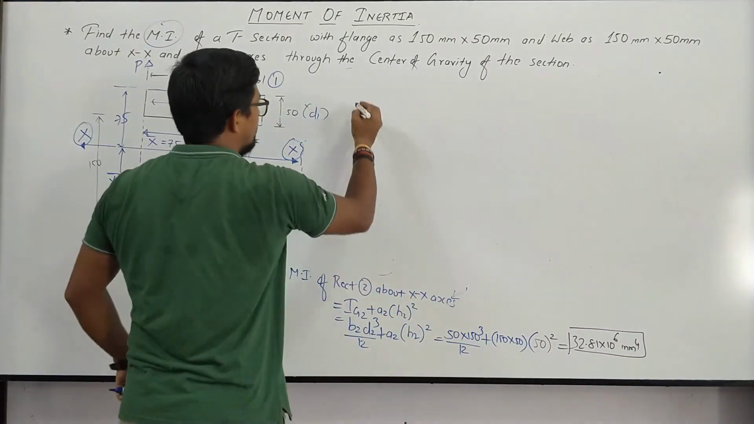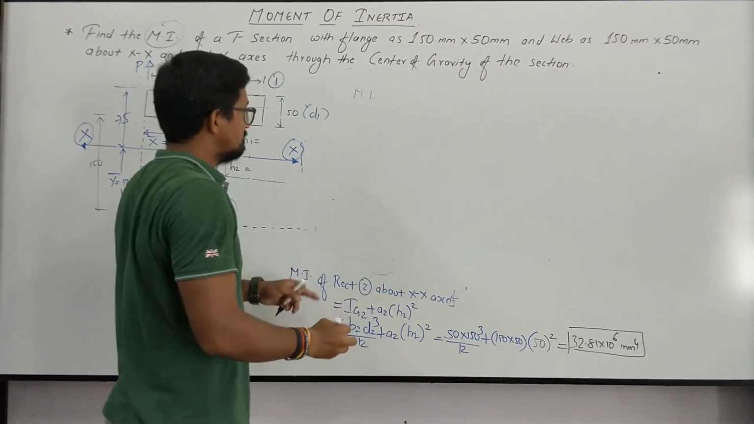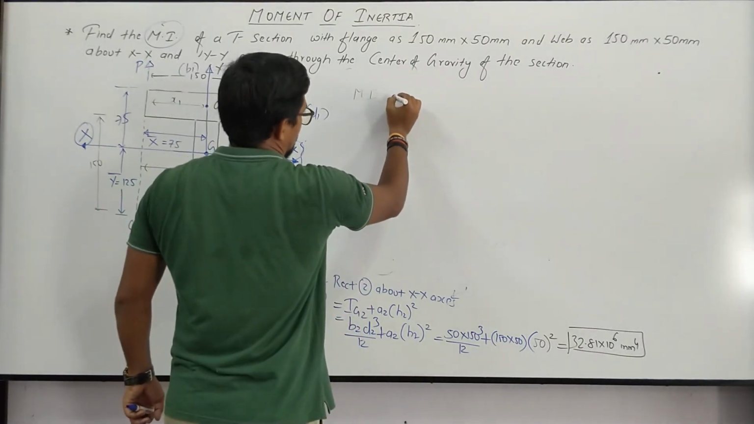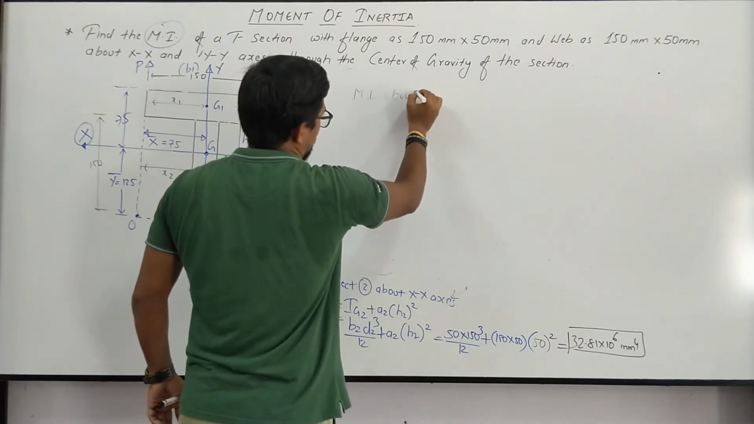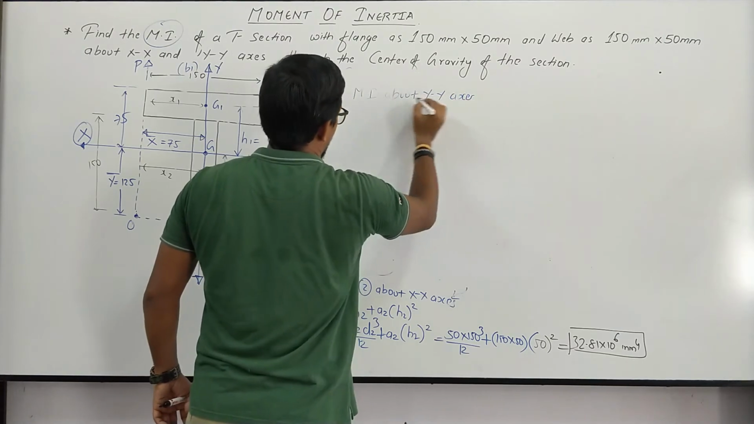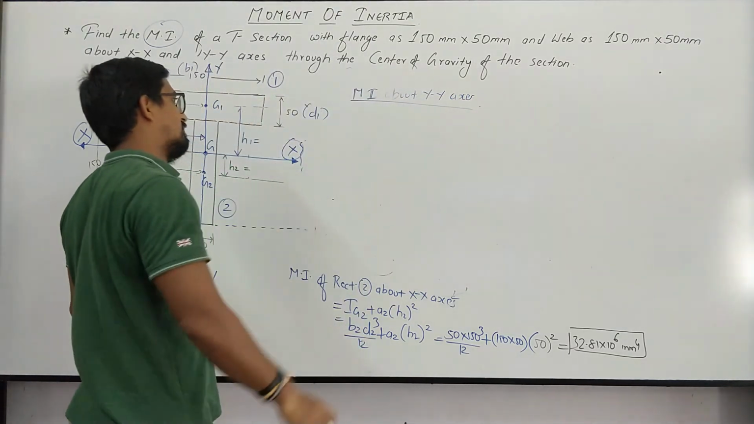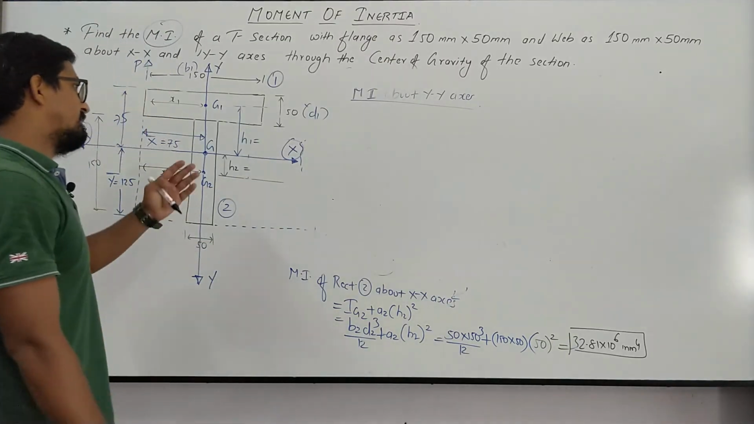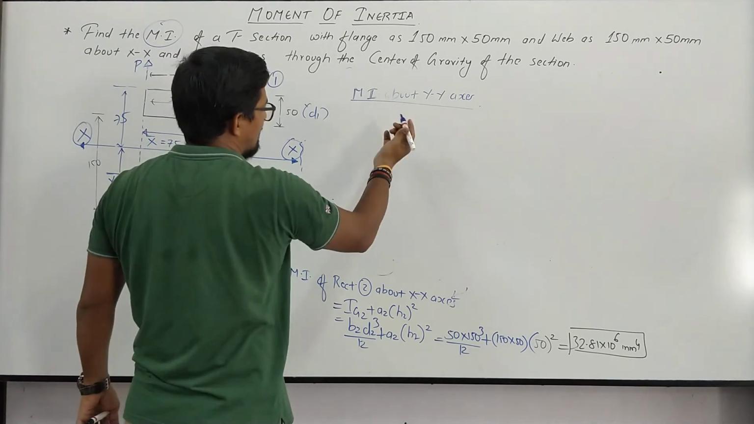Now moment of inertia about the y axis we have to calculate. We have calculated it about the x axis. So similarly, on the same lines as the x axis, the moment of inertia about the y axis will be